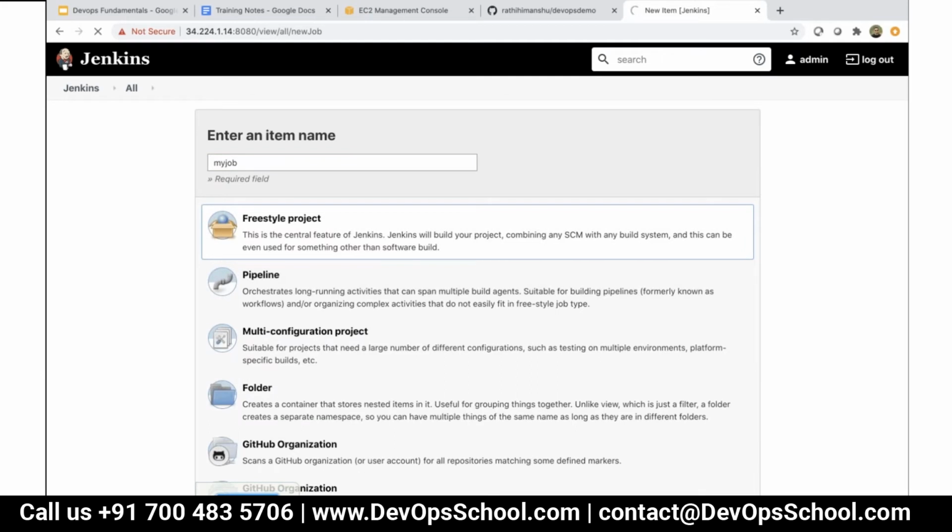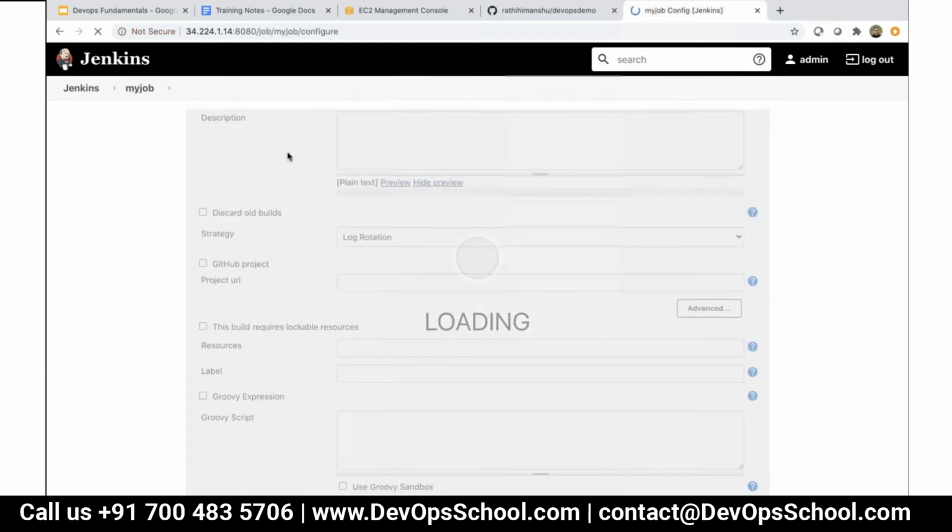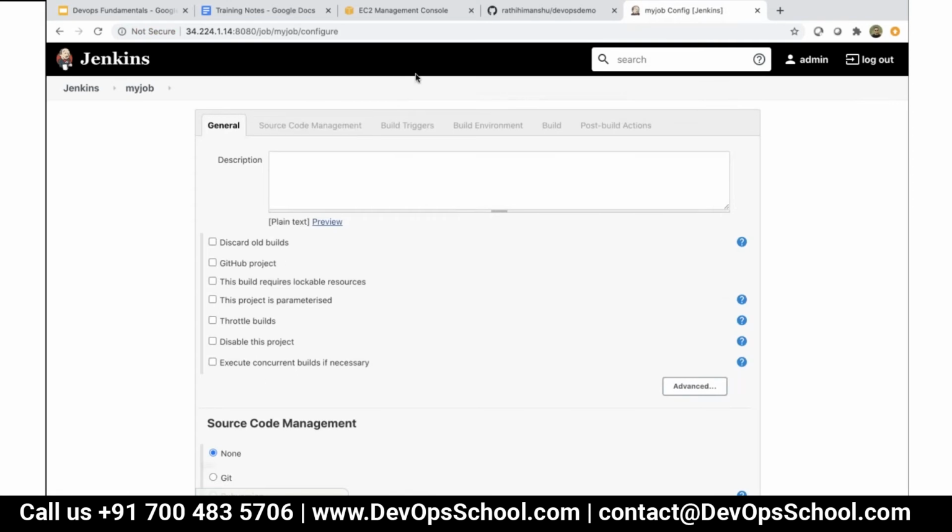This is a very generic job which is going to just do something. Now whenever you are creating a job, there are multiple options that you can deal with. For example, description. So this is my first job. Then there are options for what kind of job it is going to be. It is going to be a GitHub project. Are you going to pass on some parameters, or anything else that you would like?